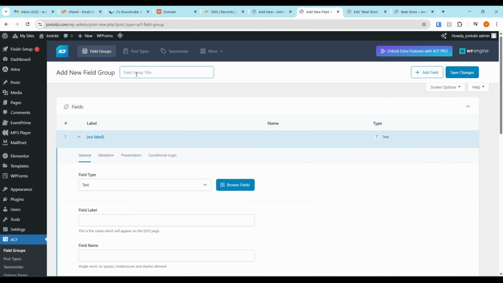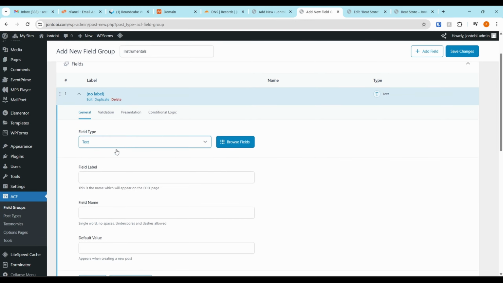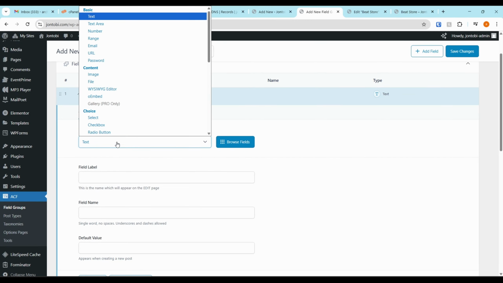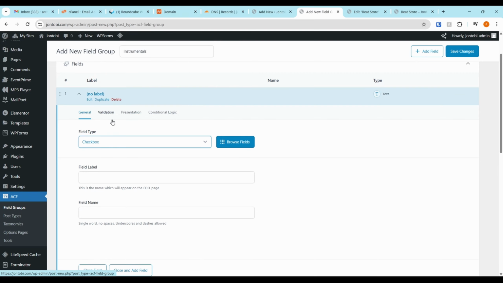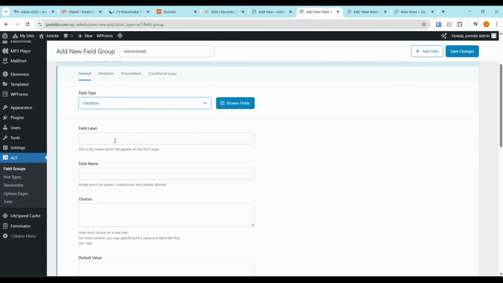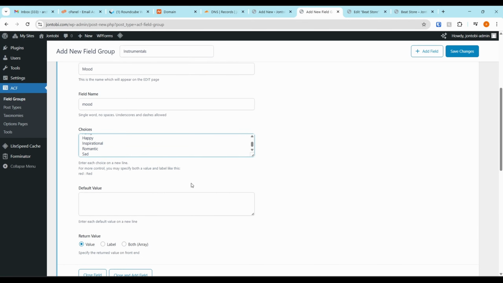So I'm going to call this instrumentals as well. I want to add in a new field type. So the first one we'll be adding in is a checkbox. Let's look for that. And we want to call this mood. So I'm just going to copy some of the choices I have here